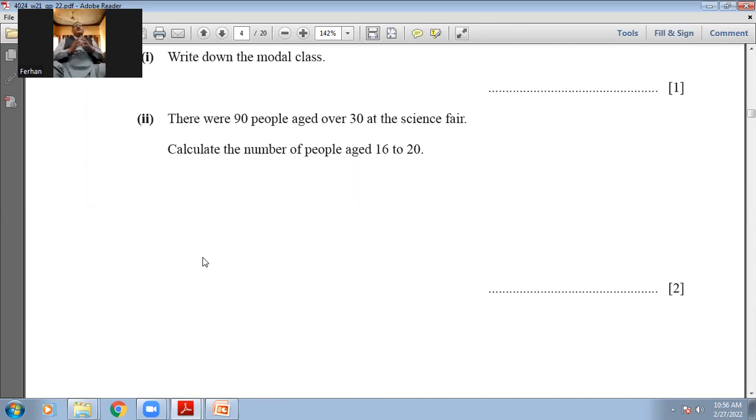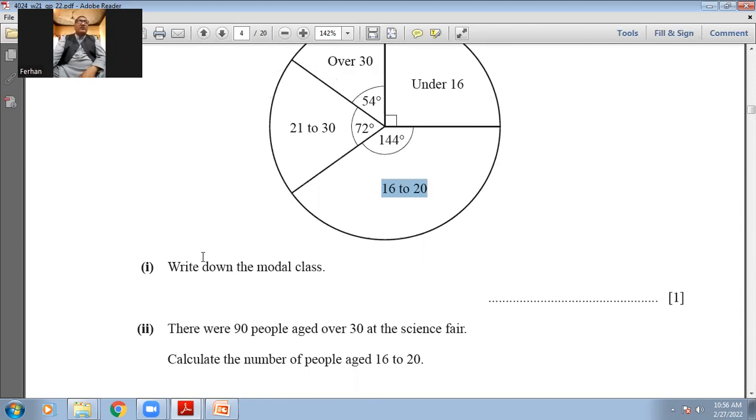Then the second question is, there were 90 people aged over 30 at the science fair. Calculate the number of people aged 16 to 20. So I can use the ratio method. You see the over 30, the angle is 54. So I will write angle and people. So 54 angle means 90 people. So the total,